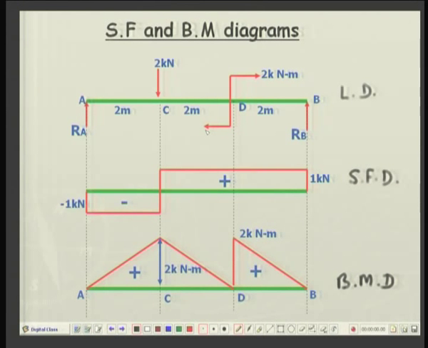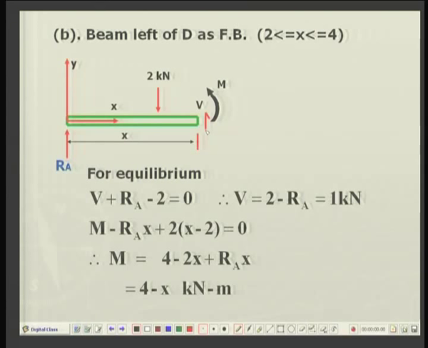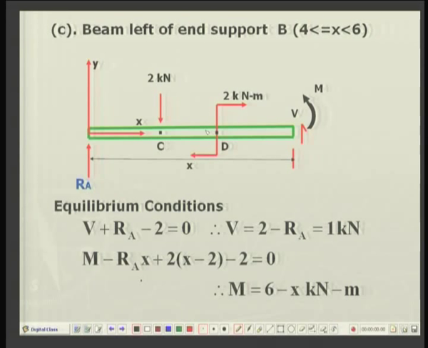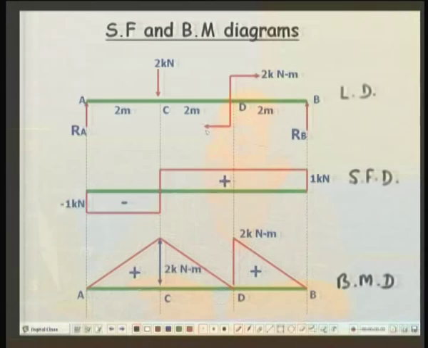Well, this is again linear. If you see in the second section, again it is a linear function, and in the next section again it is a linear function. So, it consists of 3 linear functions. The bending moment diagram consists of 3 linear functions and 1 jump. So, this is exactly what we get: 3 linear functions, 1, 2, 3, all parallel, slope is same, and this is the jump.